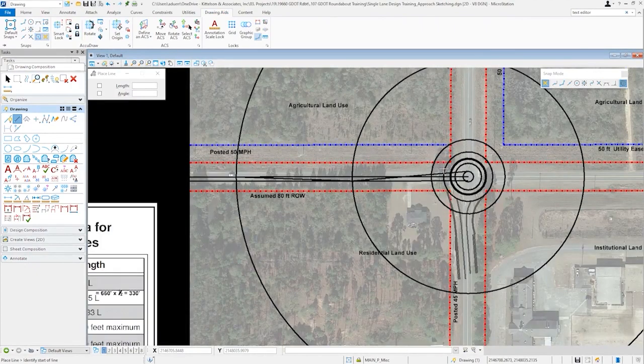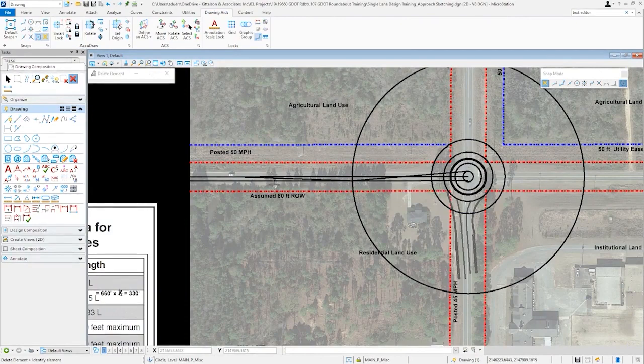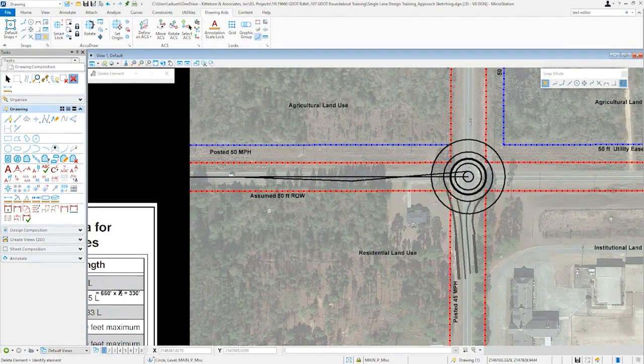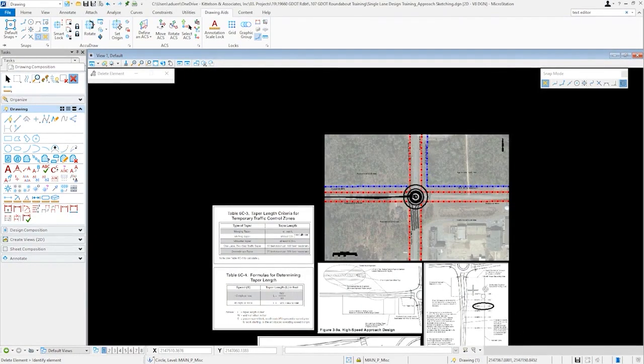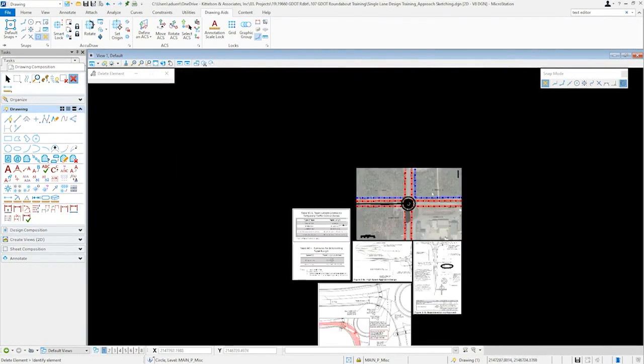And it looks something like that. Now I'll clean up some of these lines just so we can see what it looks like. Jumping back to figure 310,